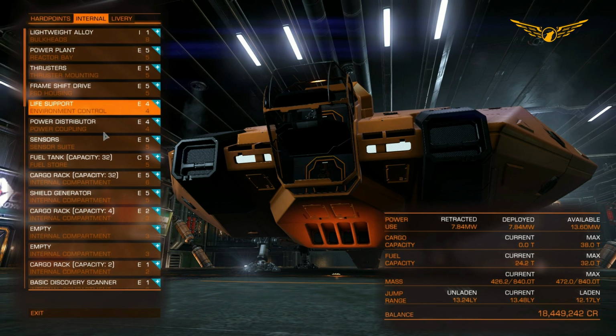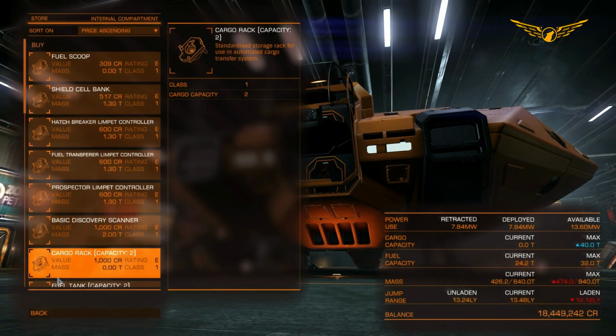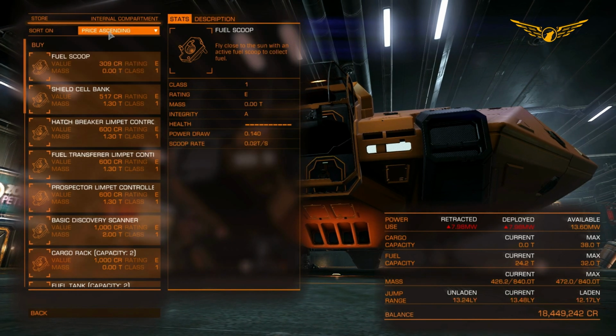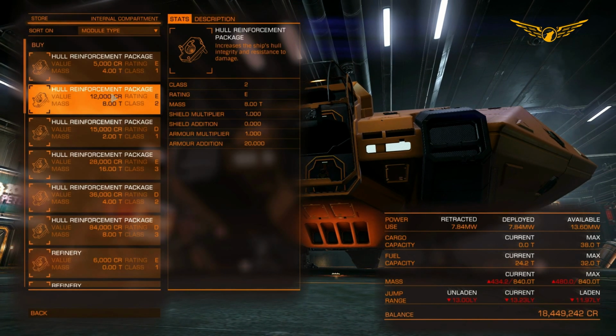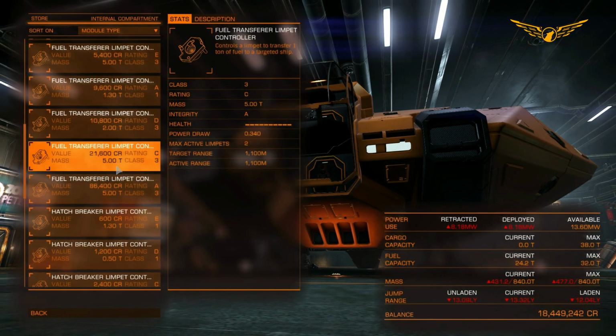And what we're going to do is go and have a look at the items that we need in order to actually use the fuel transfer drones. And what we need is, first of all, fuel transfer limpets. And as you can see,